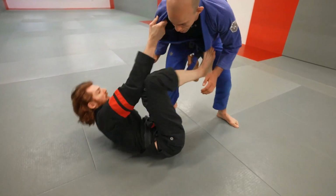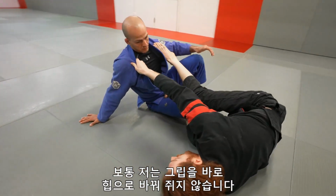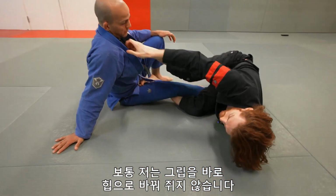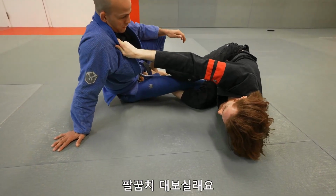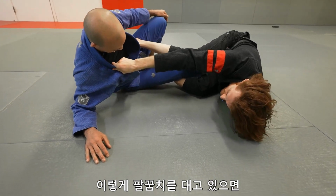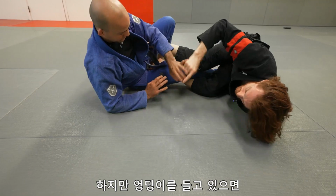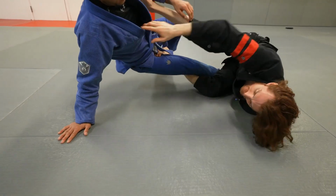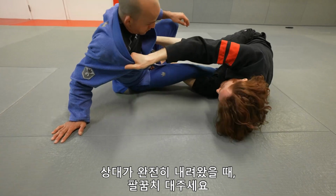So if I'm here, and I knock him over and he falls to his hip, often here, I don't like to let go to the hip immediately, because if he's on his hip, or especially his elbow, when I let go to the hip, he might start pushing my hand off with both hands, right? But when he's up on his hip, up in the air, he doesn't have anything to do that with. So if he drops all the way down,